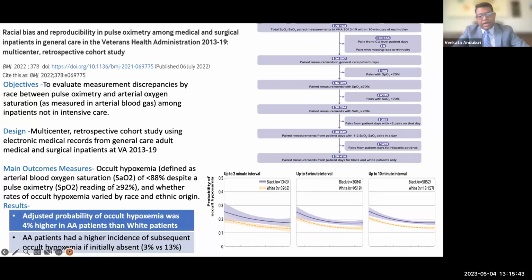So that's something to keep in mind, especially with more and more cases that we see, especially with COVID, et cetera. It's important to keep this in mind. There were some differences in other races as well, in Hispanics and Asians, et cetera. There was a difference, but not as high as in the African American population. So just to keep in mind.